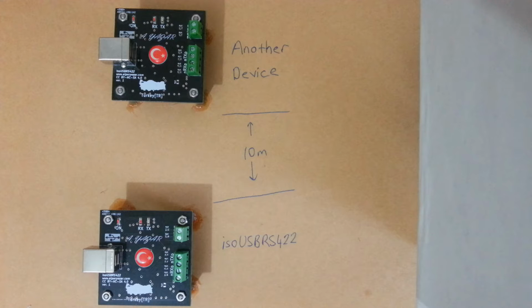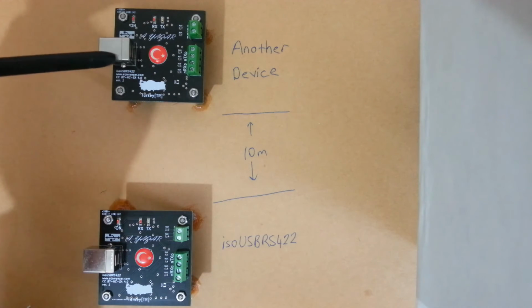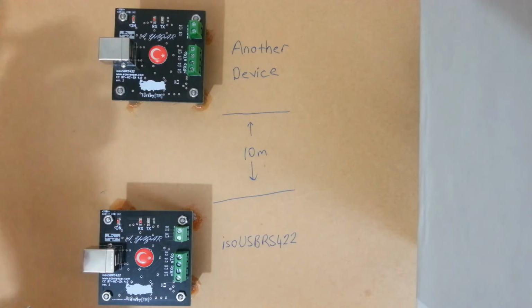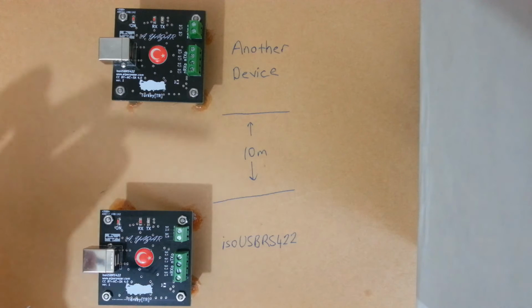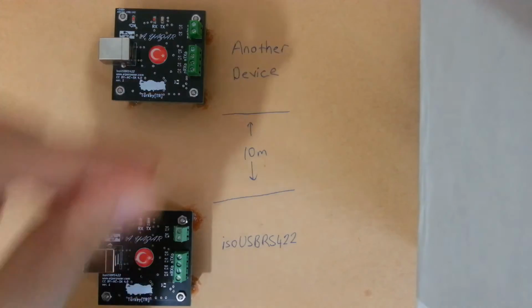In this video, we will see how we can use an ISO USB RS422 board to communicate with another device. In this setup, we have two ISO USB RS422 boards. Suppose that this board demonstrates another device. It can also be another ISO USB RS422 board, or a device that communicates with, for example,